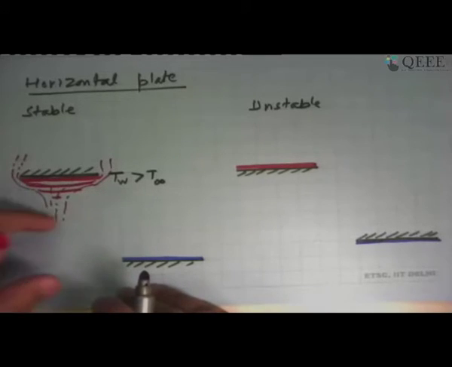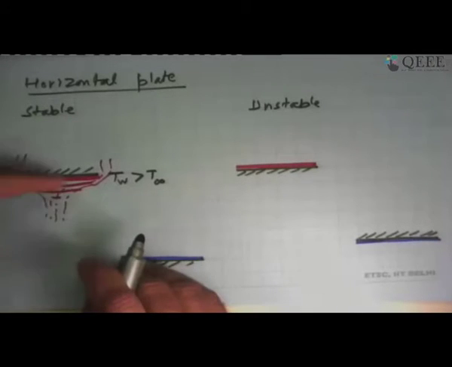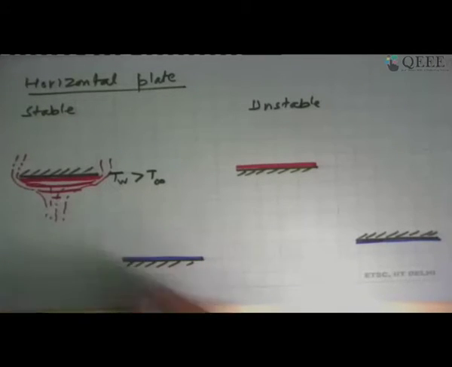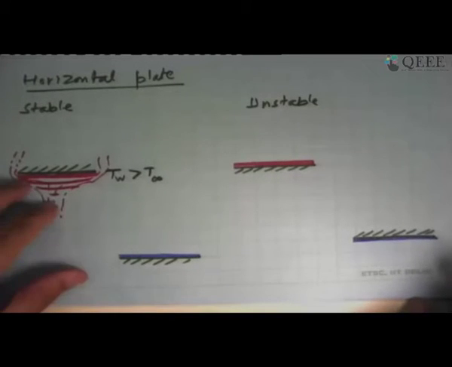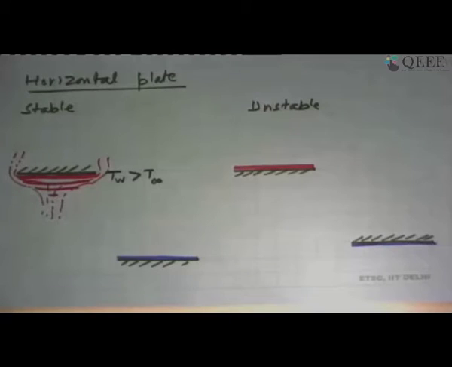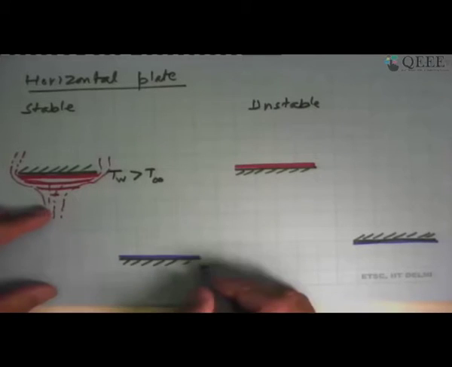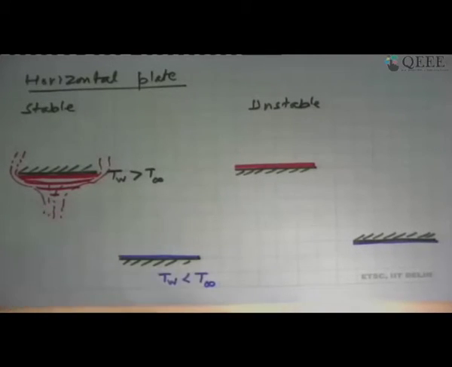That's the fluid flow direction. These velocities are relatively small, then it depends on what sort of temperatures we are looking at. So this is a stable flow condition. It will remain like that for all times. The counterpart, which is also a stable flow, is a surface where the heat transfer surface is upwards and TW is less than T infinity.